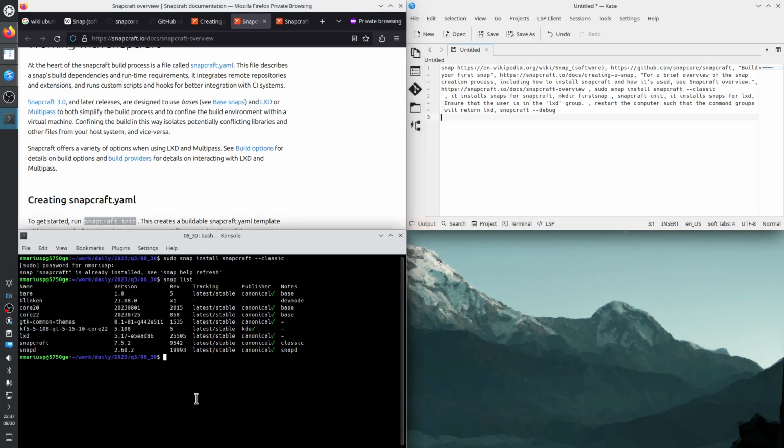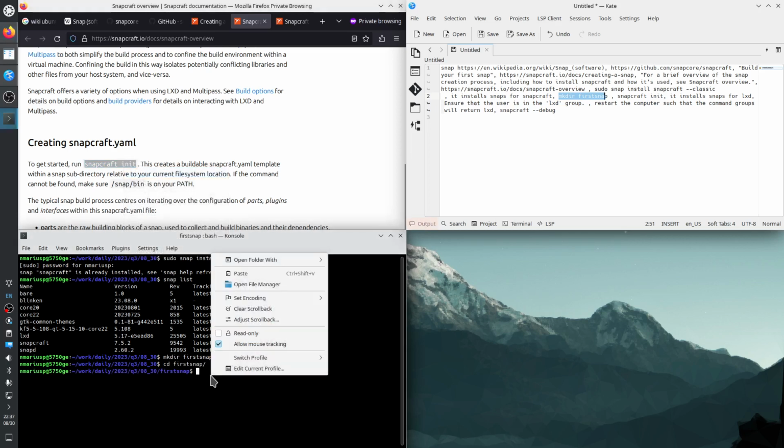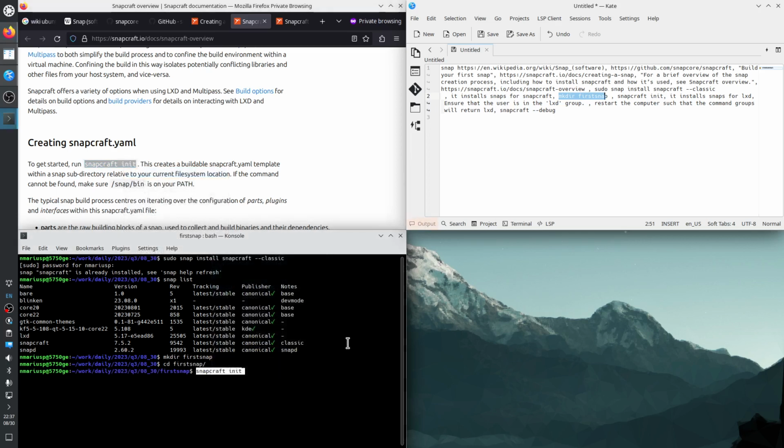So we're in today's directory. I'll need to create a directory, the directory of the project. So let's say first snap. Okay, and then using snapcraft init,